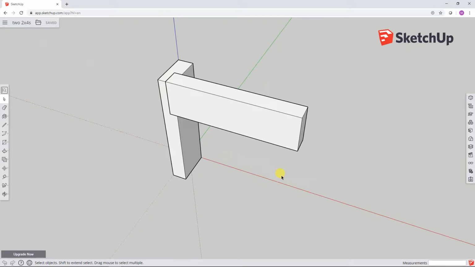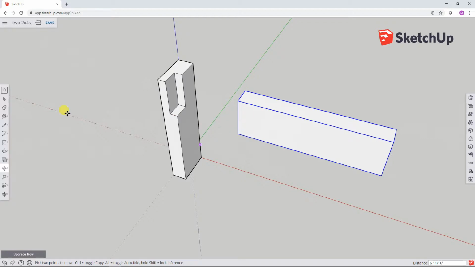Okay, so now I want to separate these two pieces, and I want to explore a couple of the buttons over here, particularly this one called Materials. So let me select this 2x4, and again it's a group, so the whole 2x4 is selected. I'm going to choose Move, the endpoint, slide it over, deselect it. Now I'm going to choose Materials,